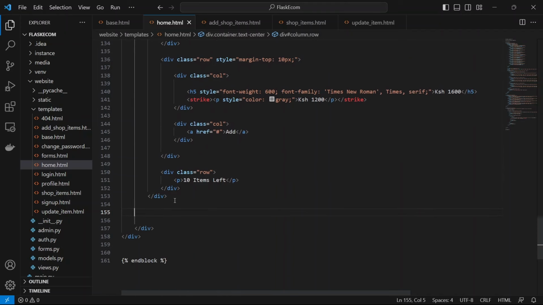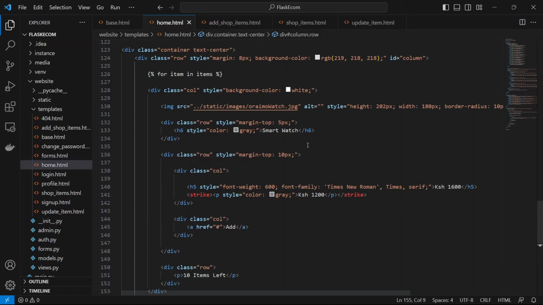So end for. The image will be the product picture, so I'll delete that and put item dot product underscore picture,